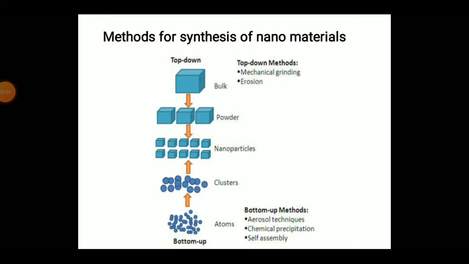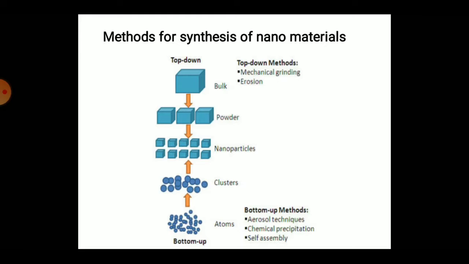So next we have methods of synthesis of nanomaterials. So there are two general approaches to the synthesis of nanomaterials. They are the top-down approach and bottom-up approach. So here you're given the schematic representation of the building up of nanostructures. So first we look into the top-down approach. So here what is happening? You can see first you have a bulk material which is then powdered, and then you get your nanoparticles. So that is your top-down approach. That is from a bulkier material you're getting your nanoparticle material.